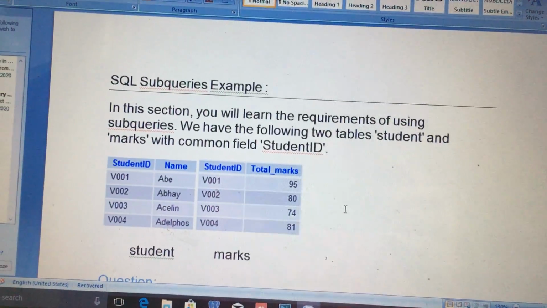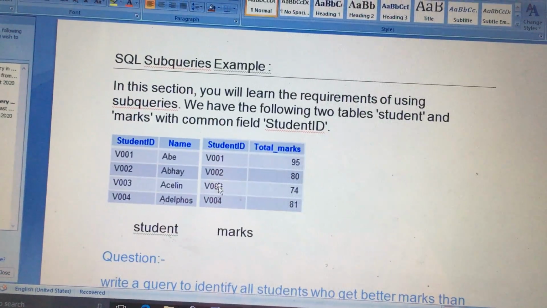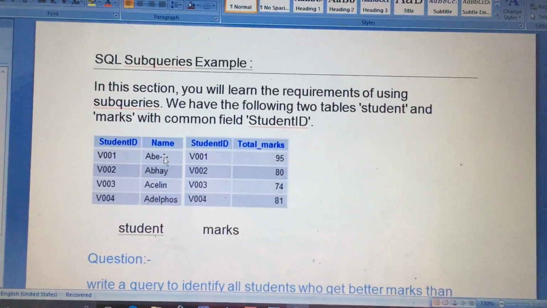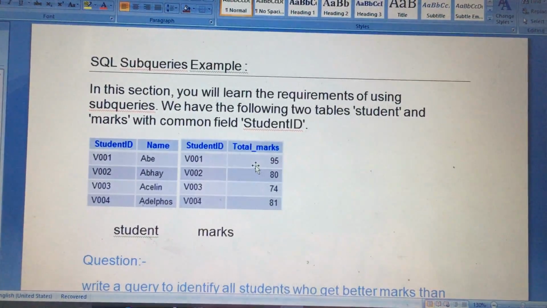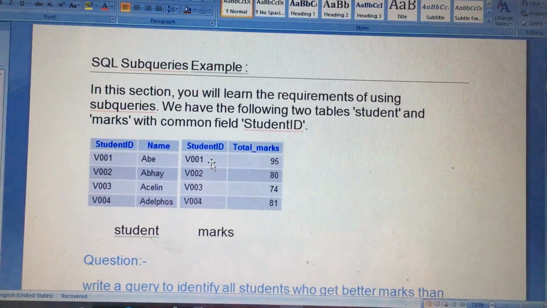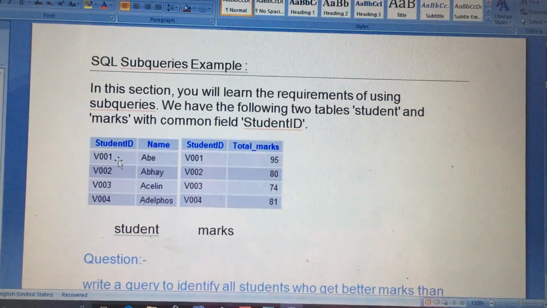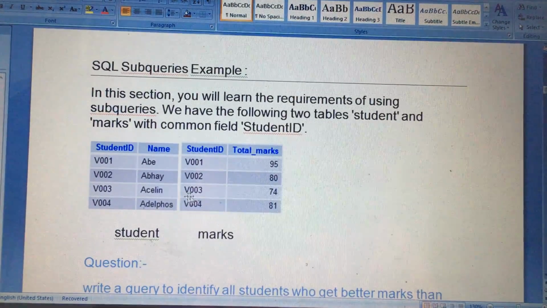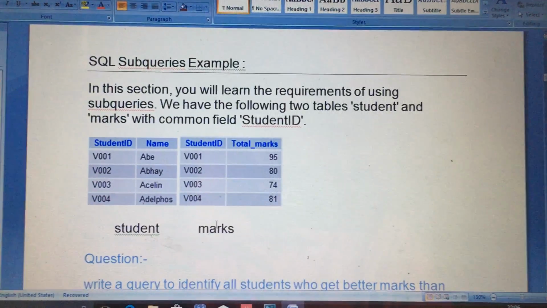For example, we have created two tables, student and marks. In the student table there are two columns, student ID and name, and in marks there are two columns, student ID and total marks. These two tables are joined with a constraint. Student ID is the primary key in the student table and student ID is a foreign key in the marks table.